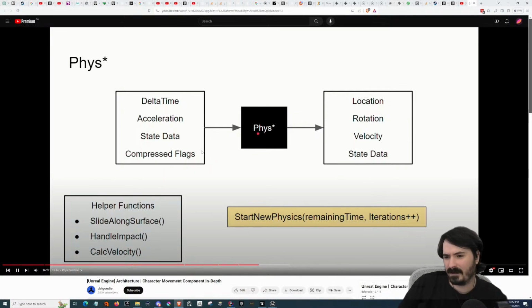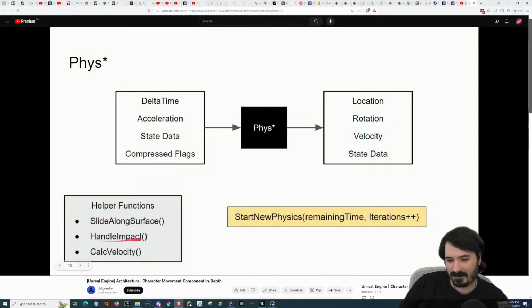will provide some kind of pre-built logic that you might want to use, such as, if you collide with an object while moving your character, then you're going to want to call handle impact, because that will do some stuff behind the scenes for you. Calc velocity is another good one. This will automatically take your acceleration and apply it to the velocity, which if you don't call this, you'll have to do manually, but this will do that, as well as a bunch of other handy behind the